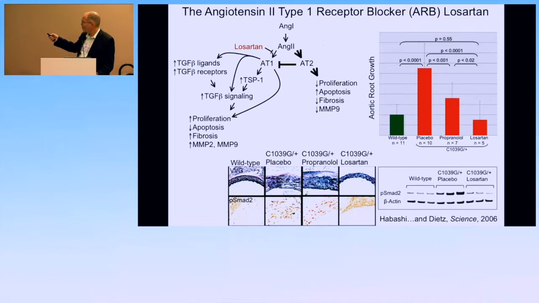We found that propranolol-treated Marfan mice showed a significant but relative reduction in aortic root growth rate, but did not show any improvement in aortic wall architecture. There's still this dramatically thickened aortic wall, elastic fiber fragmentation, and ongoing high TGF-beta signaling as shown by nuclear accumulation